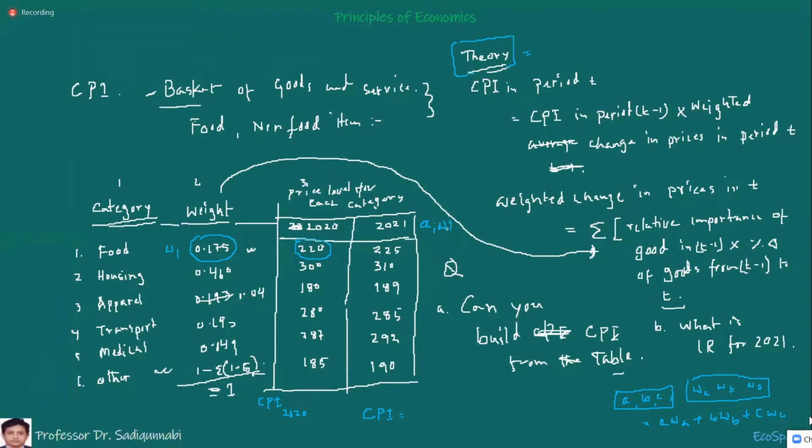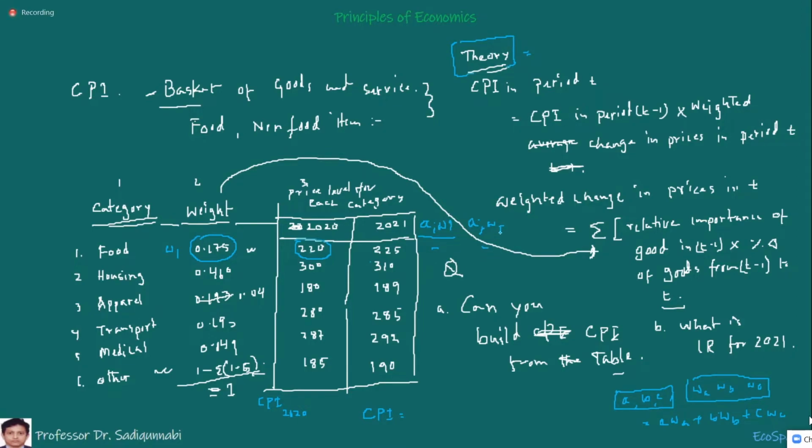AIWI. You can make a column like this. And then the second column would be AJWJ. So you multiply this and that, you get a figure. You multiply this and that, you get a figure here.